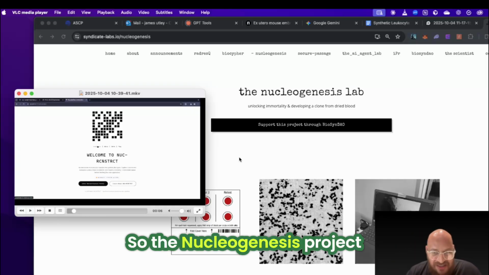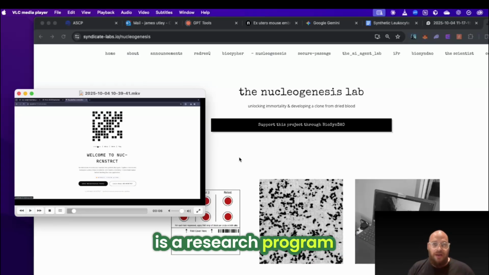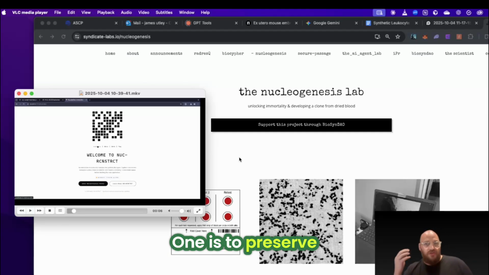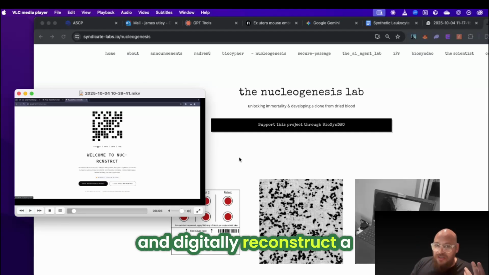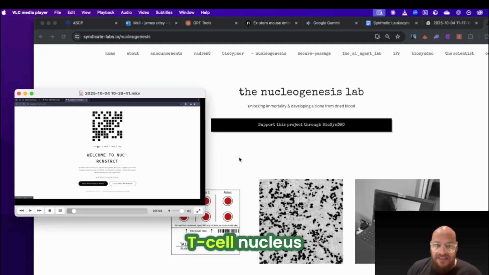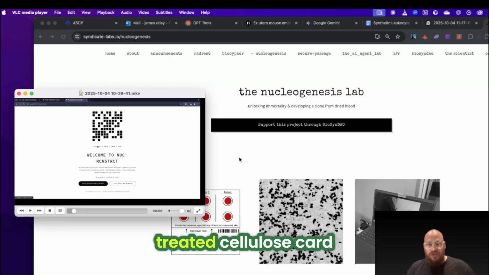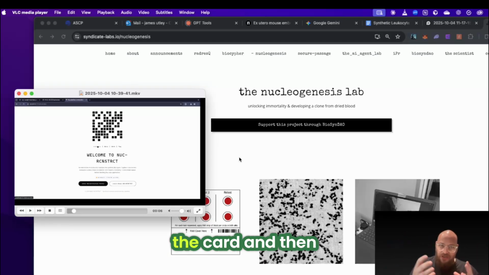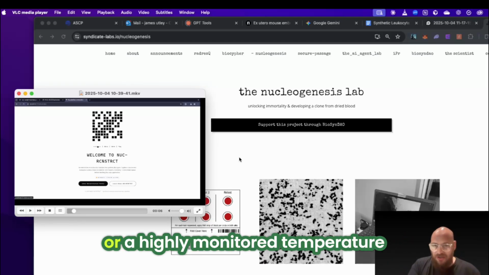So the NucleoGenesis project is a research program that I'm developing here, right? And it has two dual systems. One is to preserve and digitally reconstruct a human leukocyte nucleus. It's probably specifically a T cell nucleus. So now how do we do that? We use a chemically treated cellulose card and we store it in temperatures to try to preserve it. So we try to preserve the card and then we store it at a highly monitored temperature,